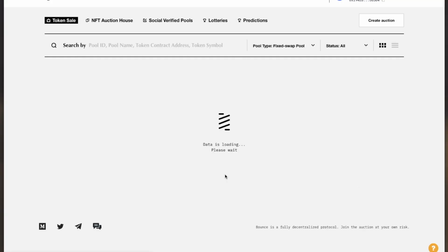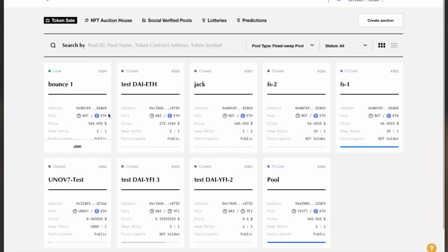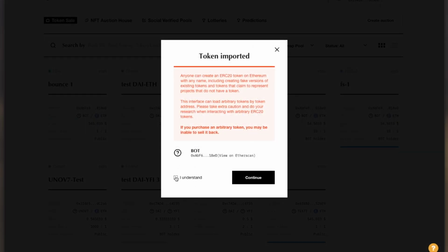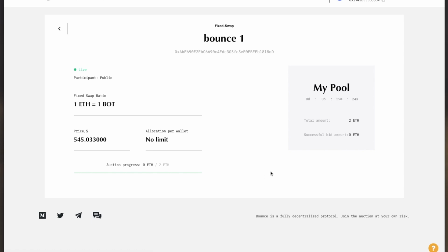Now let's go back and check. If you look here, I can see my pool is live. This is the pool information from the auctioneer view. You can see this is your token contract, and this is the information you listed, and this is the auction progress. So far, no one has joined, and you will see the